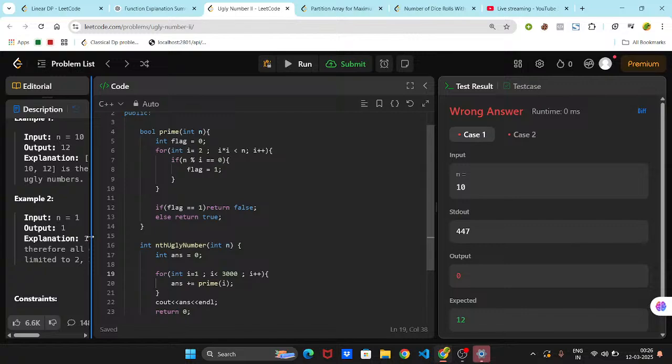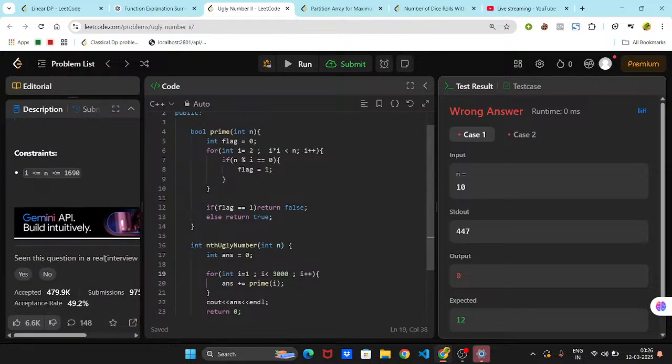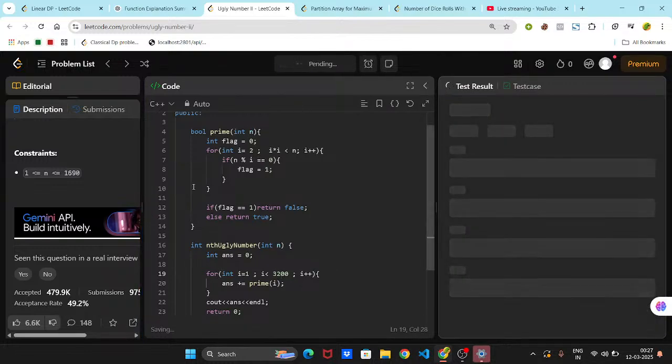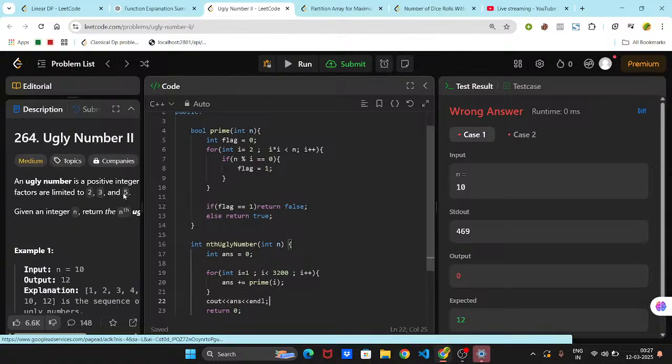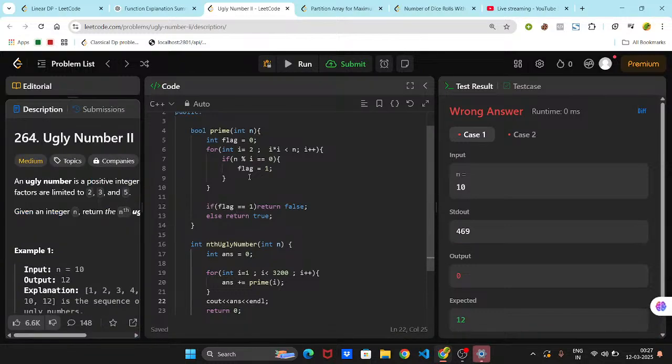यहाँ पे कंस्ट्रेंट है वो तेरा 1690 है, राइट। तो अगर मैं इसको 3200 भी कर दूँ तब भी 469, यानी कि मतलब हाँ ठीक है, इतना भी मैं अगर हर आइट्रेशन कर लूँ ठीक है। अब मुझे ये कैसे पता चला कि वो कोई भी नंबर 2, 3, 5 से डिविजिबल है कि नहीं है।